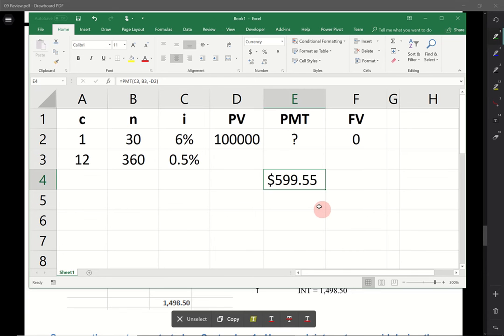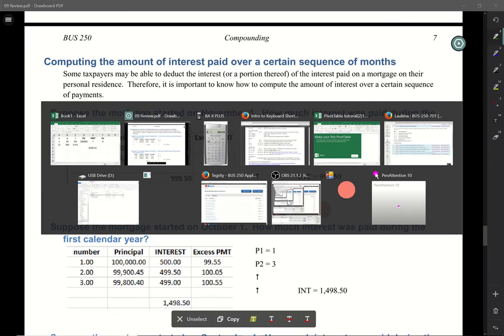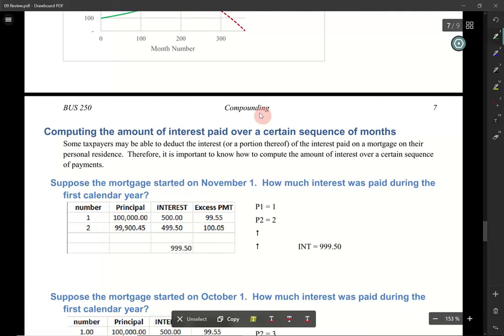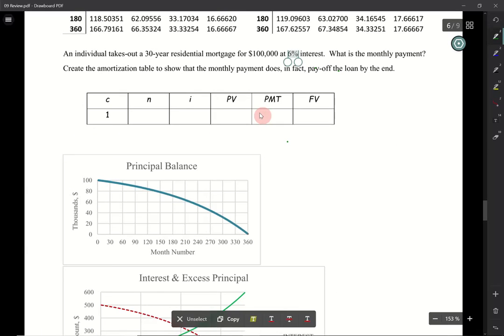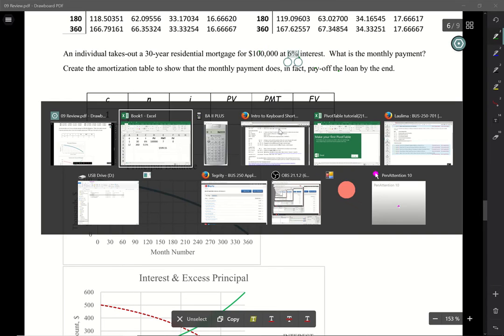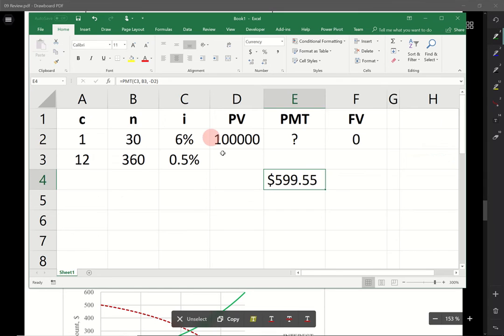Okay, and so what is this annuity? What is this mortgage, right? Mortgage is really for 100,000 at 6% interest. What is the monthly payment, right? So we've done this many times. It's easier to just reuse this, right? And so when we want to look at the amortization table,